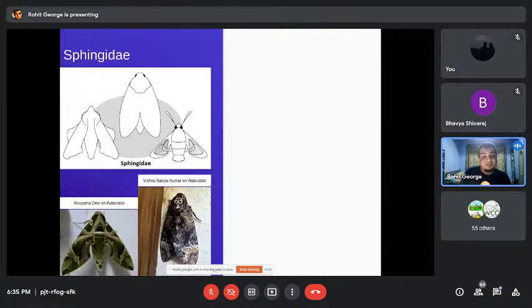This particular moth only drinks honey, and the honey that it drinks is from the beehive. So this moth will go to the beehive and put its proboscis inside and steal the honey of the bees basically. So scientists believe that this marking is to mimic bees. It doesn't look too much like bees to us, but it is enough for this moth to actually go and steal honey from beehives.